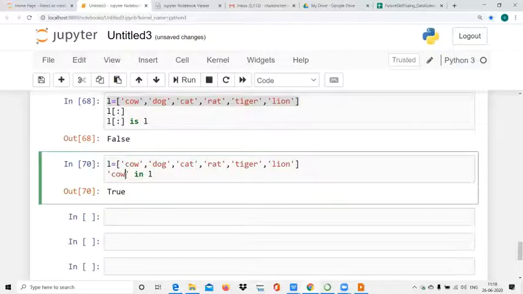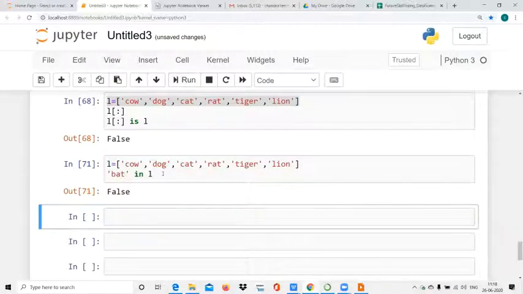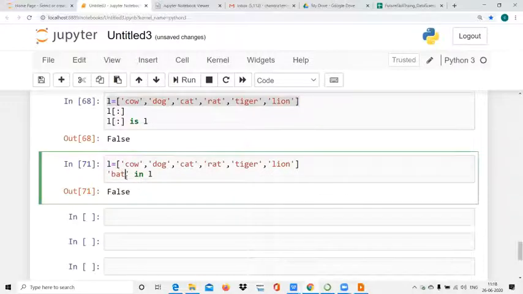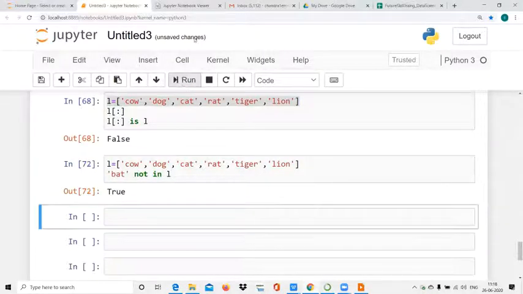Now suppose I want to do bat. Bat in L, run. So bat is not present, it will say false. Similarly, we can use not in, run.